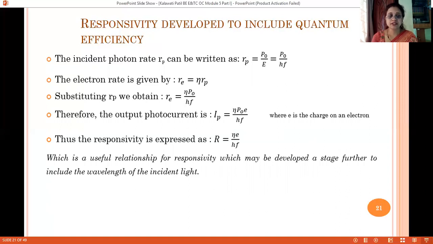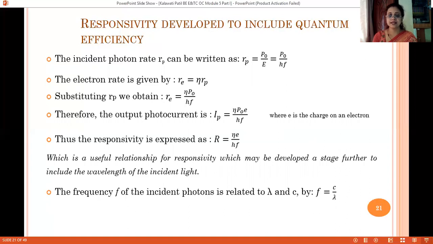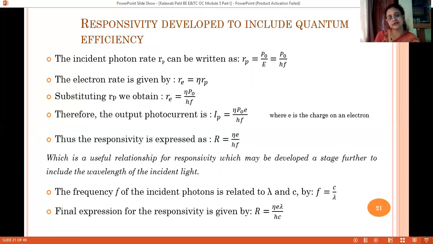The same expression can further be expressed in terms of the wavelength of the incident light, by knowing the relation between frequency and wavelength, that is f equals c by lambda. Hence I get an alternate expression for responsivity: eta e lambda upon hc. You have to understand certain facts.